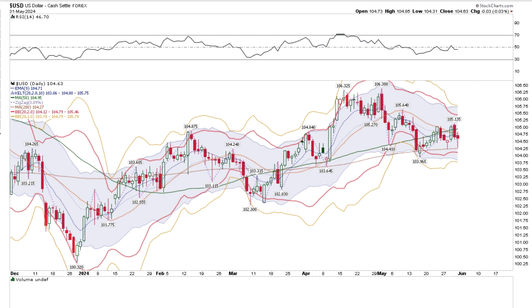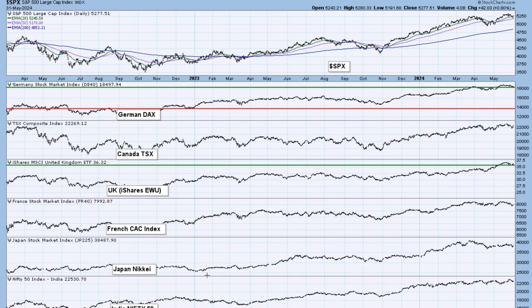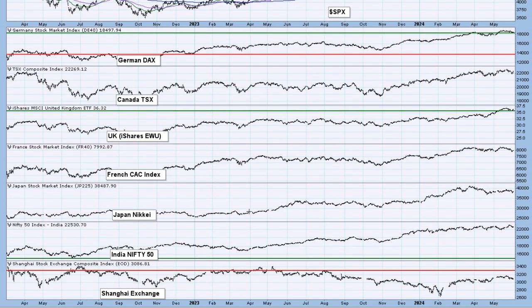At the same time, the US dollar did move sideways, so we'd like to see this move lower if you're bullish equities, especially the international markets, which should help overall with the S&P 500 in the top panel, international markets below. It's fading for the most part, looking for a bounce. If you're invested in any of these indices going forward,